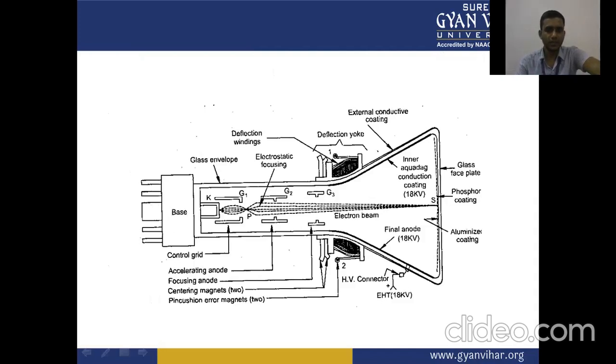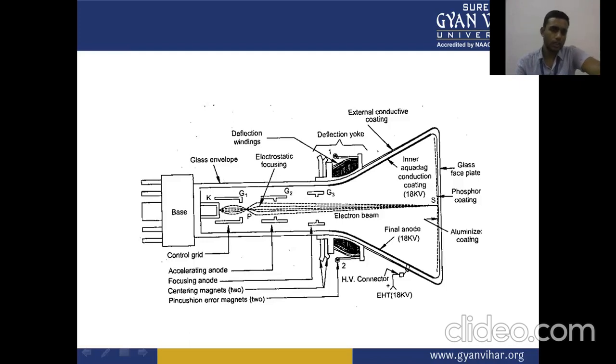this is the principal diagram of a picture tube. Here we have a cathode, and the cathode produces the electron beam, with electrostatic focusing and deflection coils to maintain this electron beam at the center, and this beam is focused on the screen of phosphor coating, and on the inner side of this phosphor coating we have an aluminizing coating, and the outer side of this phosphor coating has a glass face plate.